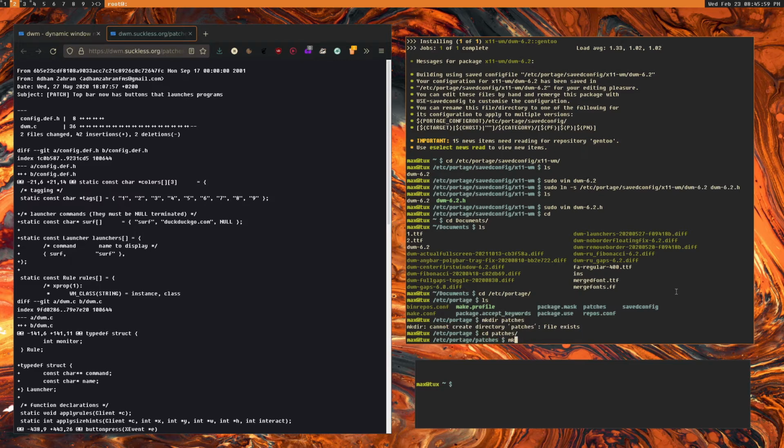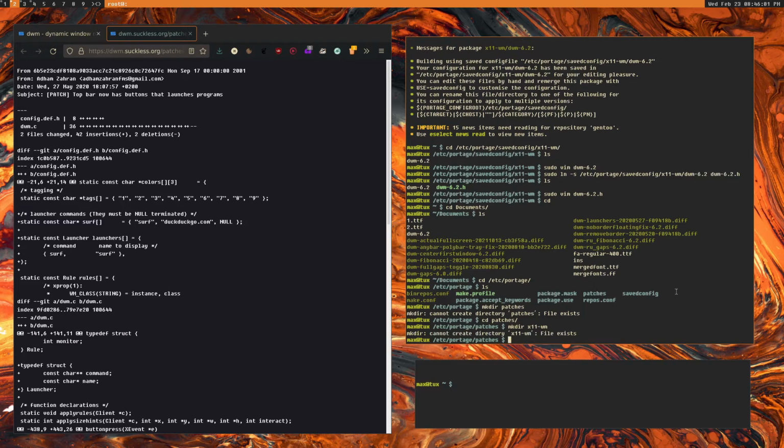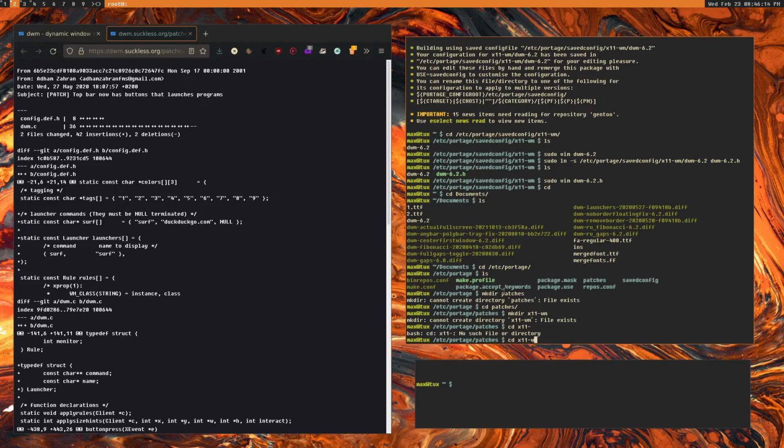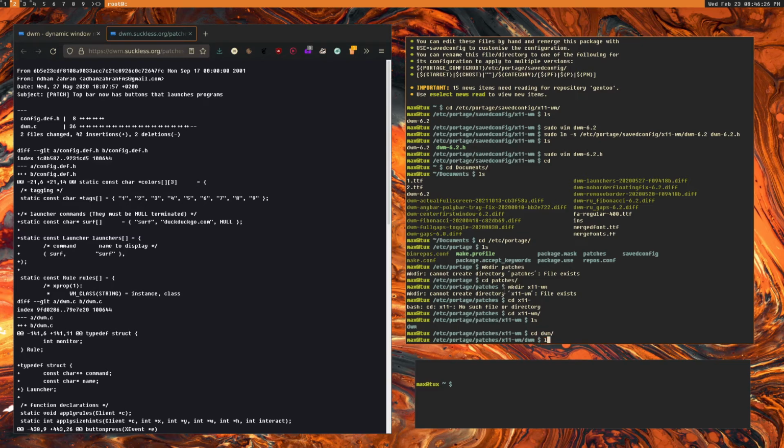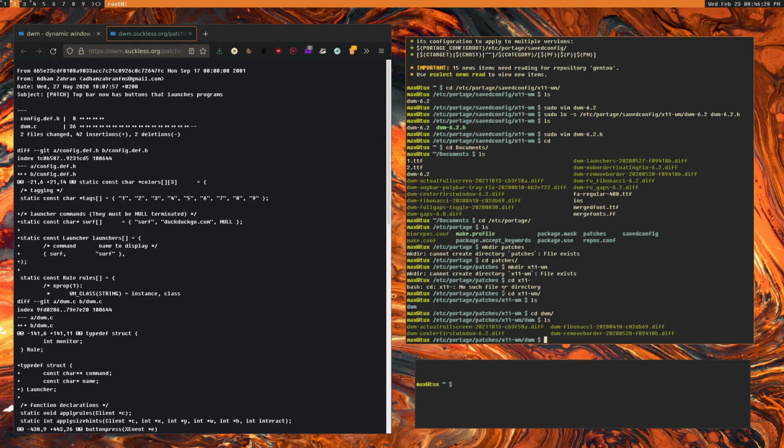And then you want to make the x11-wm directory. Take note how this kind of follows the saved config layout for a bit. So you might want to make x11-wm, which I already have, and then you want to make that for DWM. So we don't want our patches to affect all our window managers, because that would not go well. So we've got a DWM folder for all our DWM patches. Now Portage recognizes this as where you're going to put the patches automatically, so you don't need to do any